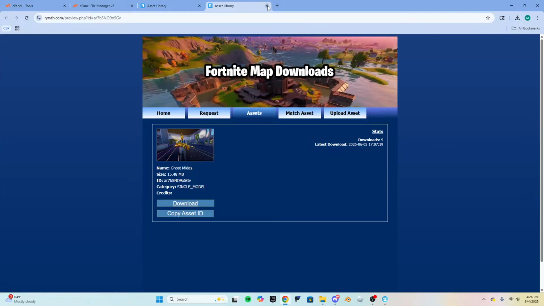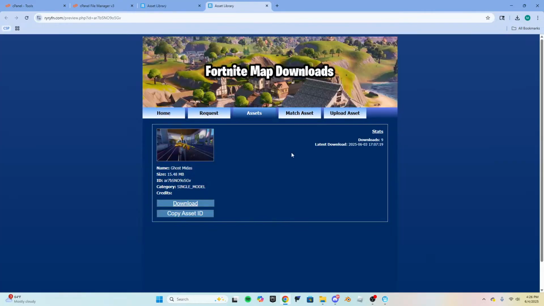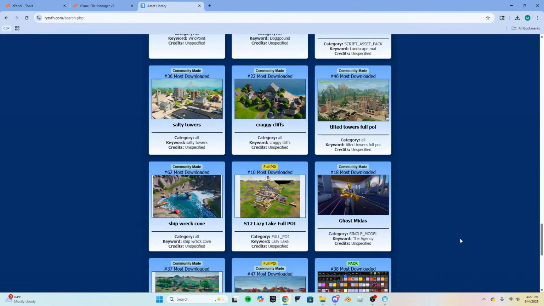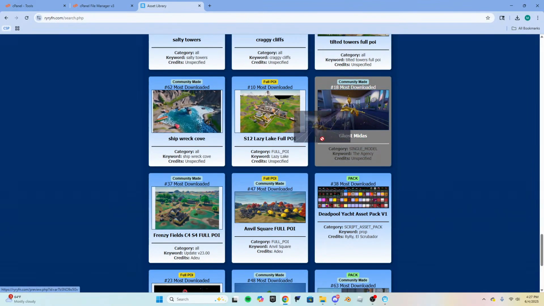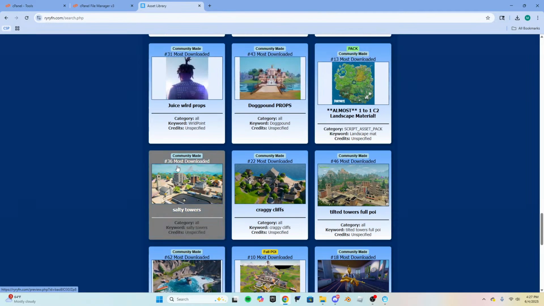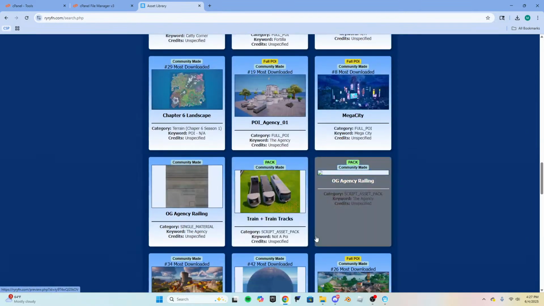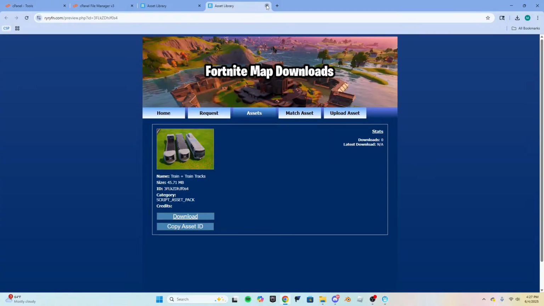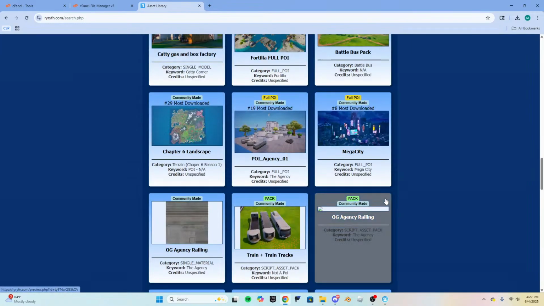Ghost Midas has 9 downloads. Somebody's Ghost Midas has more downloads than your train. Dude, how does your train still have 0 downloads?